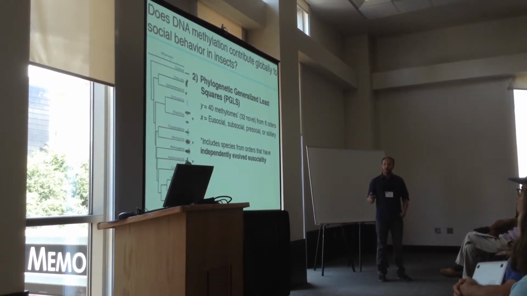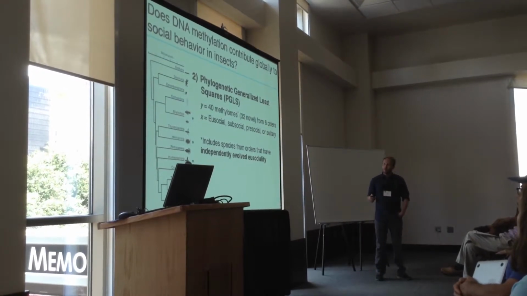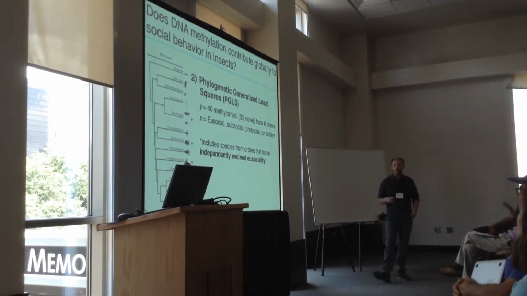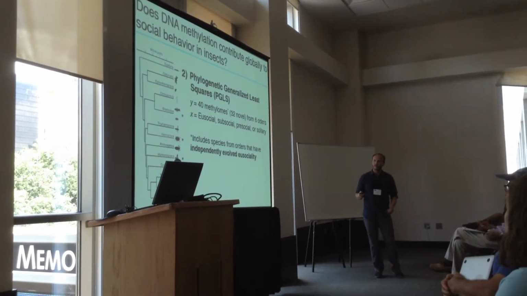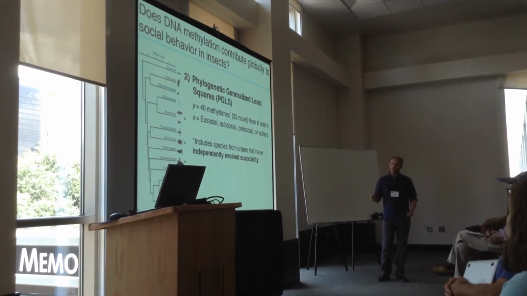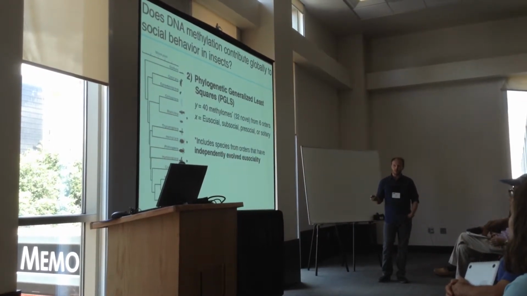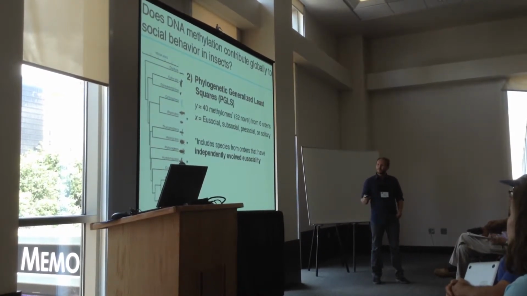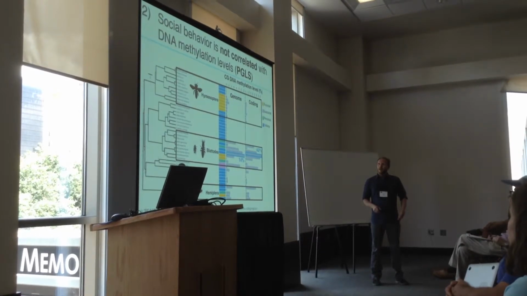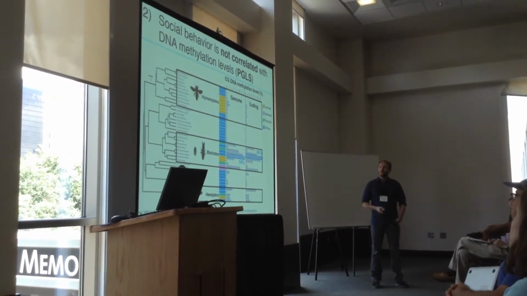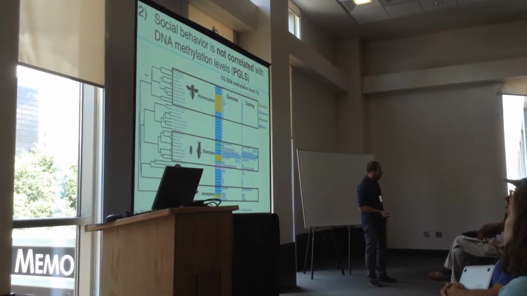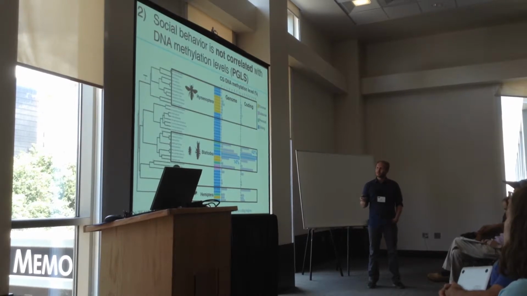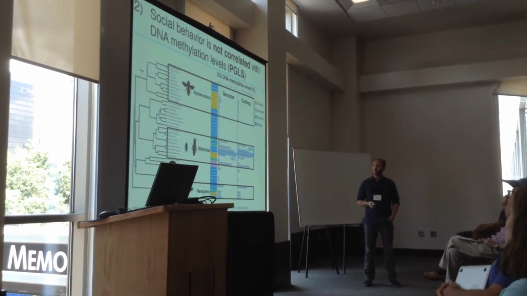Fully admit this is a relatively small number of species, but I think it's a very important number of species because they represent orders for which we know eusociality has evolved independently. I have starred them here: you get your Blattodea, which include your cockroaches and termites, your Hemiptera, which are your true bugs, and then your Hymenoptera, so your ants, bees, and wasps. So what did we find? Again, after we ran this test, we find no correlation between social behavior and DNA methylation, which is interesting. It goes against what has been published previously.